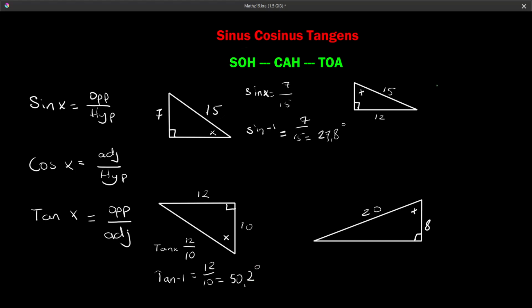Let's go to our third example. We have an angle of x over here. The hypotenuse is 15 and the opposite side is 12. So which of SOH CAH TOA do we need to use? We have the hypotenuse and the opposite side. Hypotenuse and opposite is sine. So sine x is opposite side, 12,